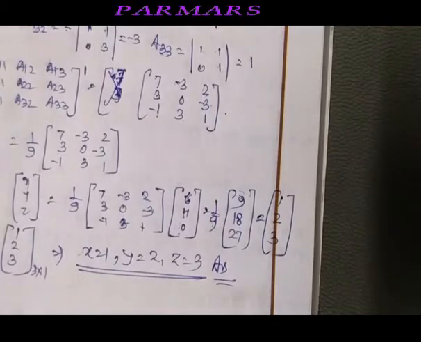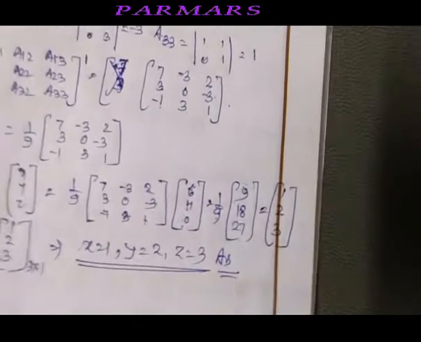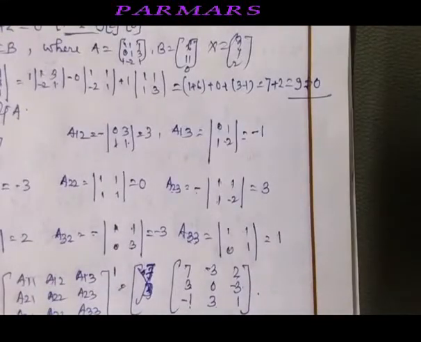So how can you find inconsistent? You have to solve it, whether the system is consistent. So in that case, you are simply required to find adjoint A into B. Now the question is, if adjoint A into B becomes 0, then we go for the next solution. How can you find the solution? So if you have some case of inconsistency, you please give me, I will do for you.